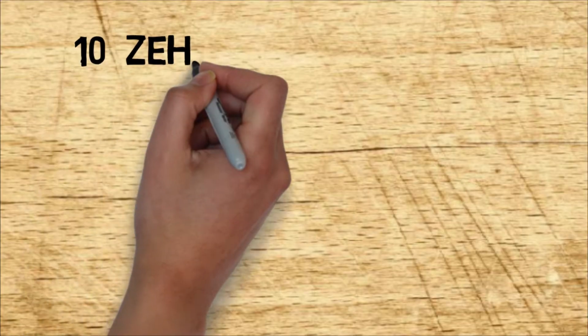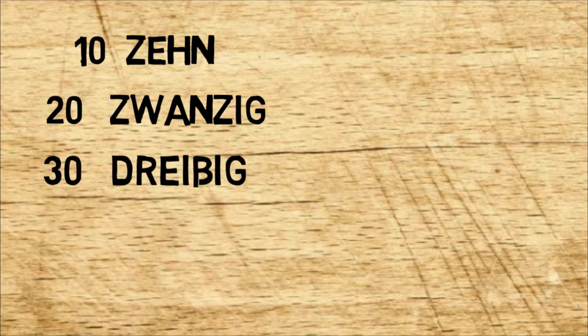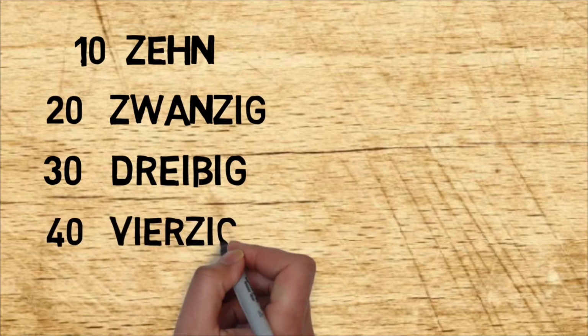So in the last lesson, we learned the numbers from 0 to 20. So in today's lesson, we are going to learn the numbers from 21 and so on. So let's begin. So now let us start learning the numbers in tens. You have already learned 10 and 20. The next is 30. Here you have a long vowel, that is E, after which you have to use SZ. Then comes 40,